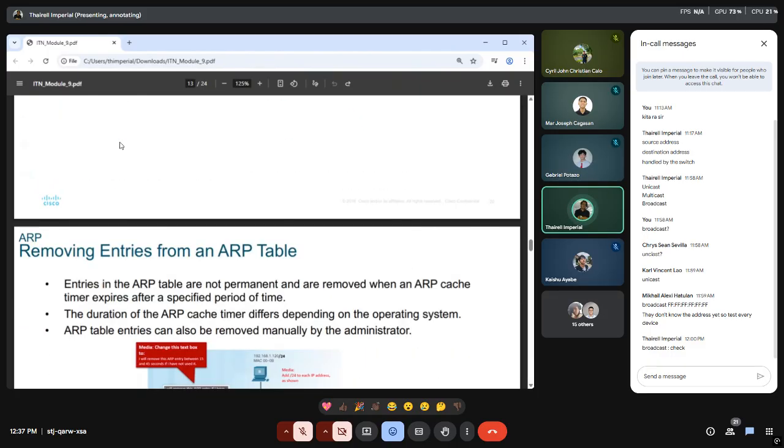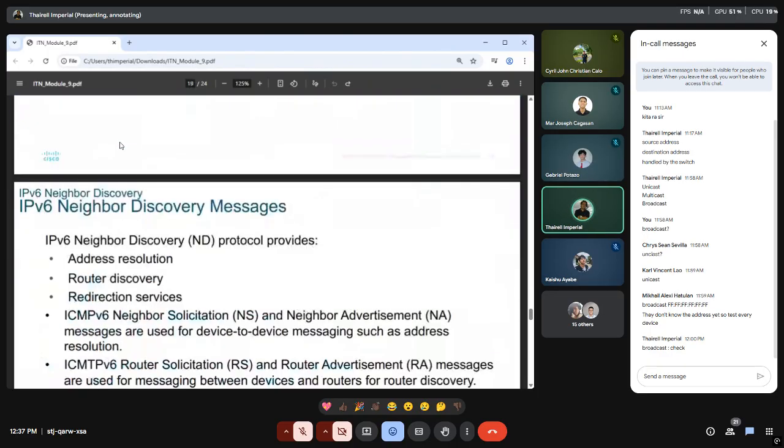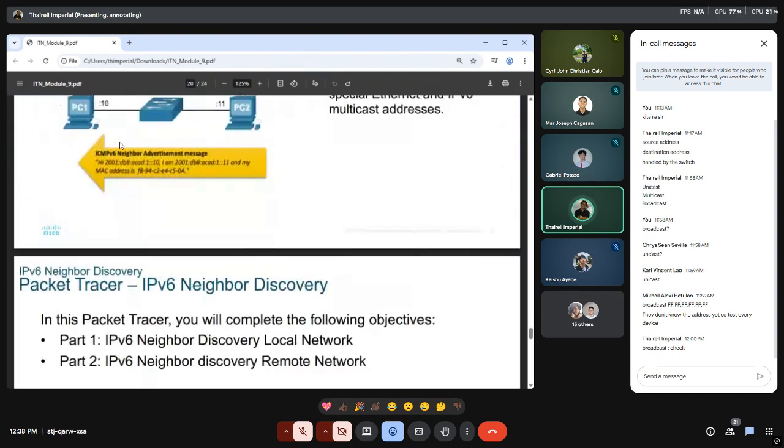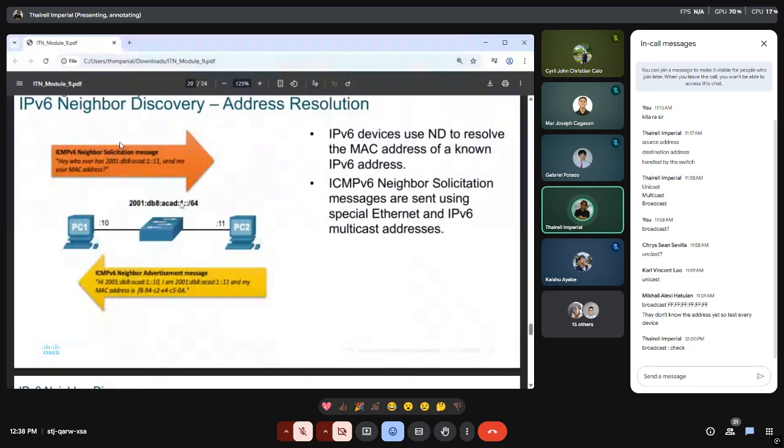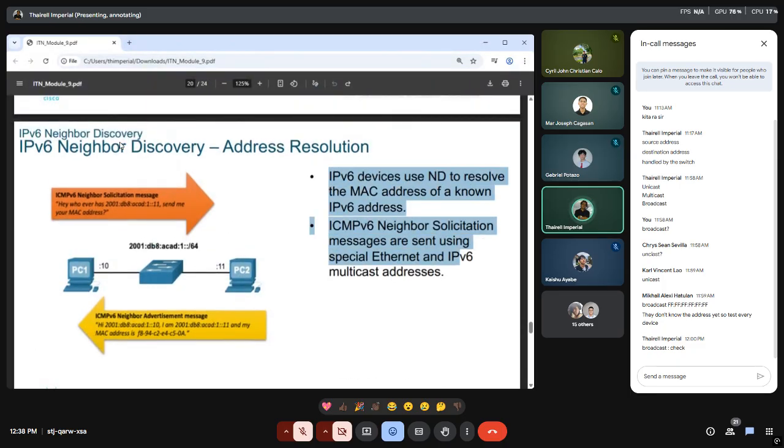So the rest of the contents here, other than those that I have discussed, are the same. This is only a single slide, but the detailed explanation was already given earlier. So for IPv6, it is similar in terms of operation, where it would generate a request and there is a corresponding reply, but